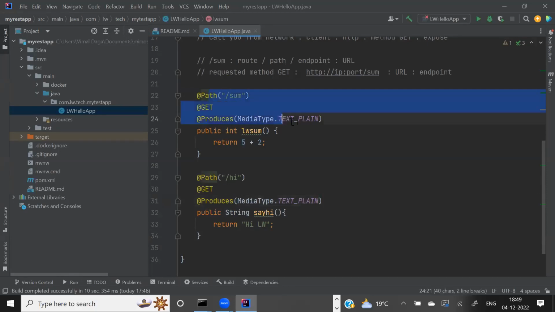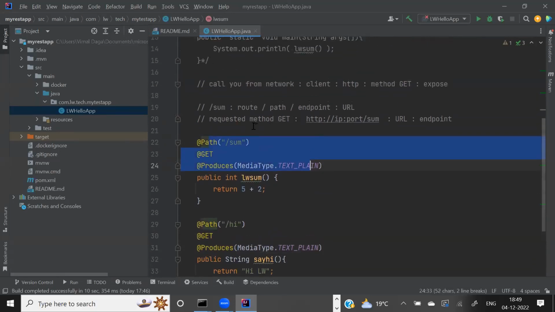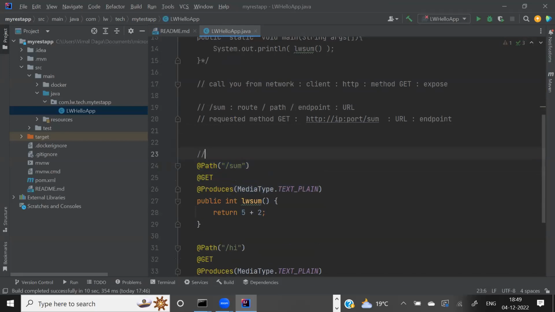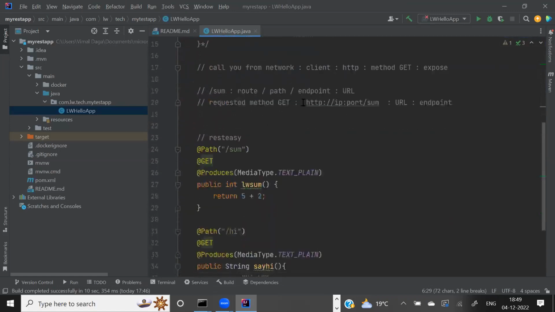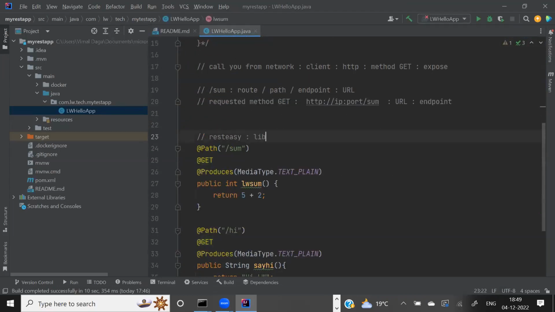This API is created by a library called RESTEasy. This is the library that gives lots of packages, modules and classes. All the libraries are given together by Quarkus, but RESTEasy is the one that created it for us.